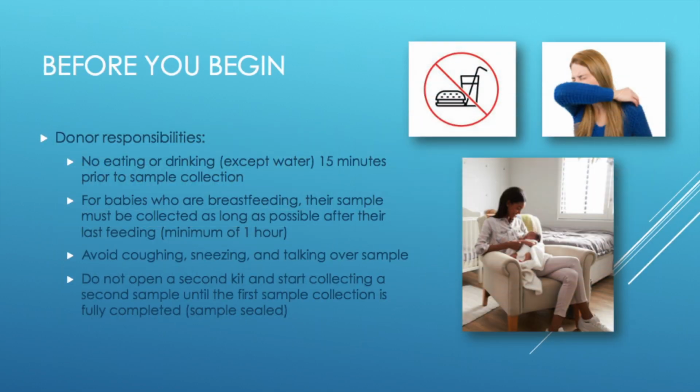There are a few things to remember before you begin. The donor should not eat or drink anything except water for 15 minutes prior to sample collection. Babies who are breastfeeding should have a sample collected as long as possible after their last feeding, a minimum of 1 hour, to ensure the DNA sample collected from their mouth is not contaminated with DNA from the breast milk. Avoid coughing, sneezing, and talking over the sample. Do not open a second kit and start collecting a second sample until the first sample collection is fully completed